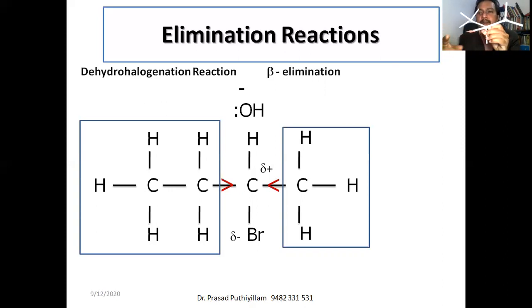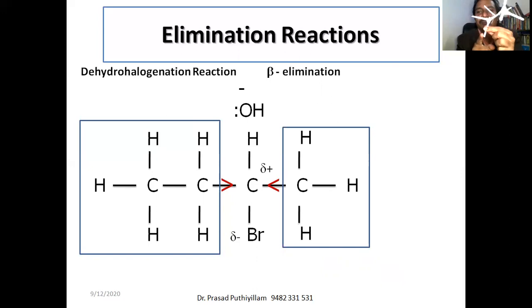Okay, so for example, this is the bromine. Okay, so since the bromine is present here, the hydroxide ion cannot come from this side because both have the same charge. Okay, this is negative charge, hydroxide ion also has negative charge, therefore it will not come from this side, whereas hydroxide ion will be coming from the opposite side, opposite to that of the halogen. Okay, so hydroxide ion will be coming from this side. So when hydroxide comes from this side, these hydrogens are near to the hydroxide ion, not the one hydrogen which I am holding here.